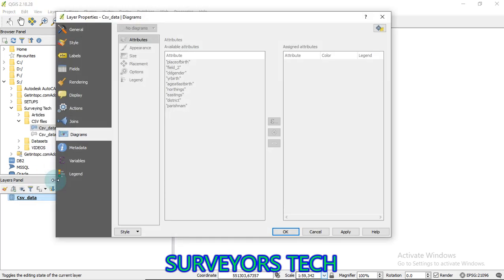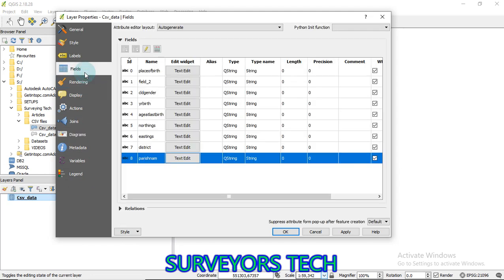You will realize that with this kind of data, you cannot see any points on our map view. So what do we do there?